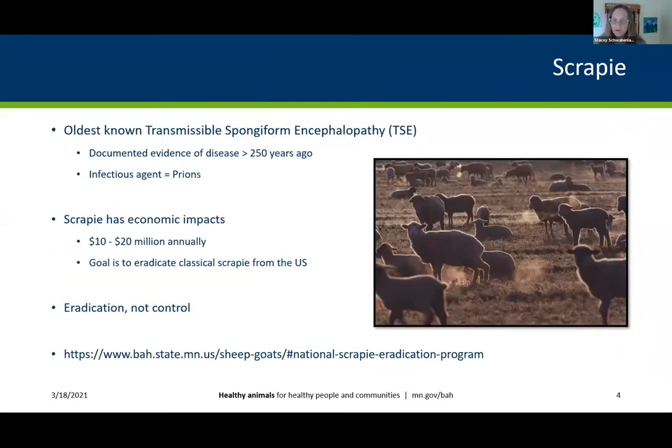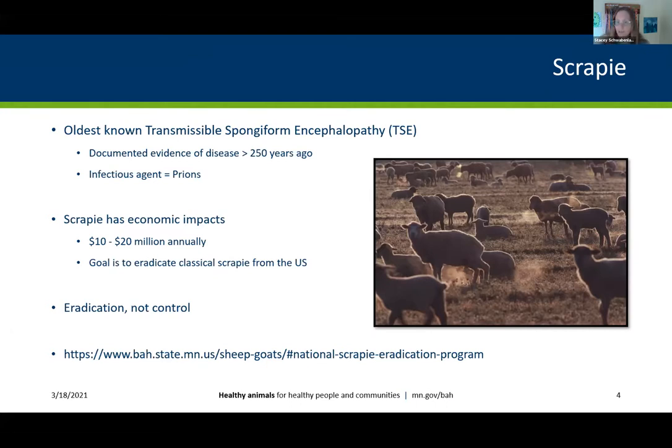First off, for those of you who are familiar with Scrapie, you'll likely already know that Scrapie is a transmissible spongiform encephalopathy, also known as a TSE. There are multiple different types of TSEs. Scrapie just happens to be one of the very oldest. There's actual documentation that Scrapie has been around for more than 250 years. There's undocumented evidence that says Scrapie has been found as early as the 15th or even 17th centuries, including the Roman Empire. So this disease has been around for a long time.